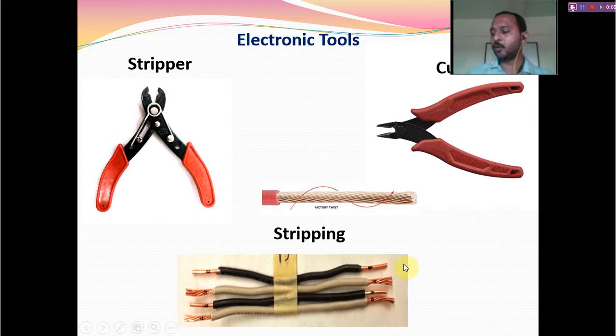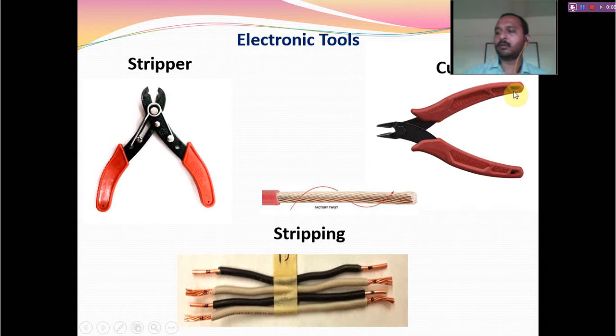So in an advanced stripper you may get... the stripper I have right now is a little bit of an old version, but in the new versions which we also have, we get a small screw. By adjusting that screw, you can adjust the gap, this hole size, so that stripping for different wires can be done. So I think most of you have understood the role of stripper and cutter.